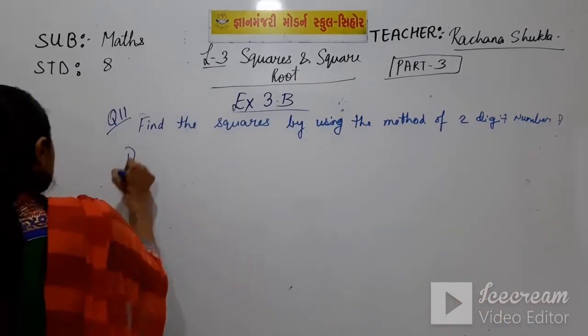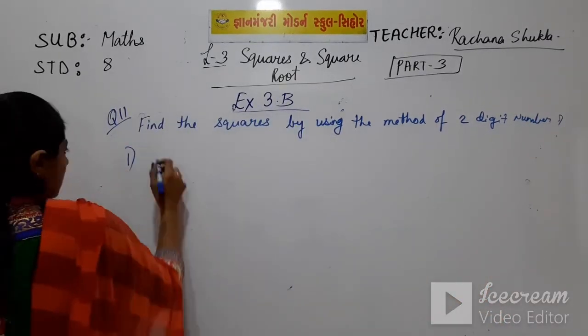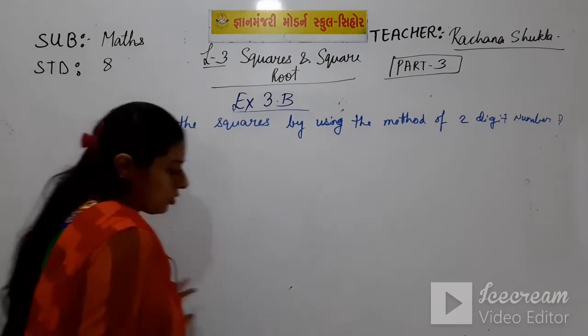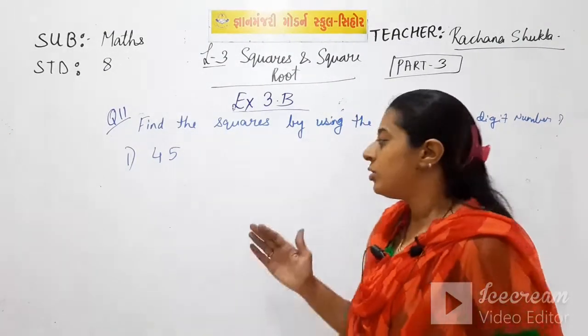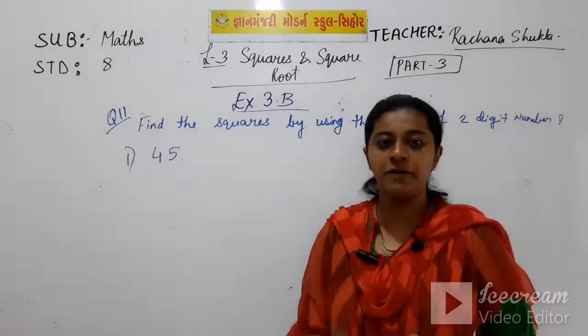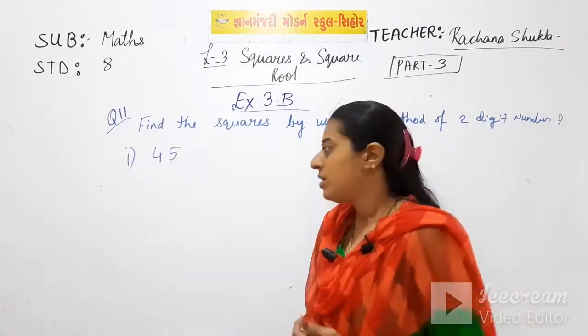The question is, number 1, it's 45. So, if you want to find the square of 45, you will not multiply 45 into 45, but you will